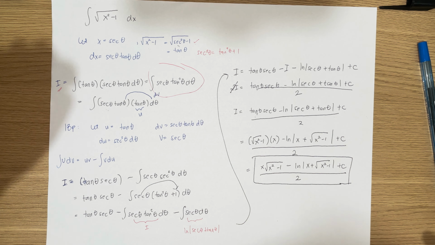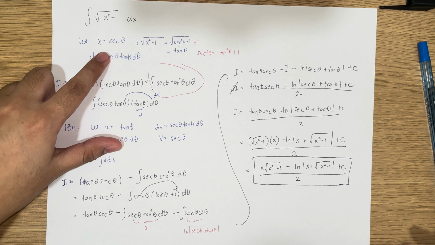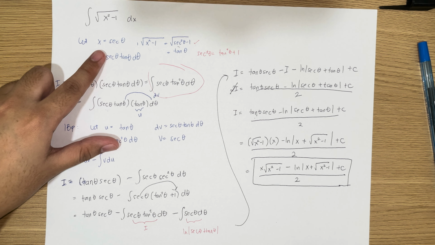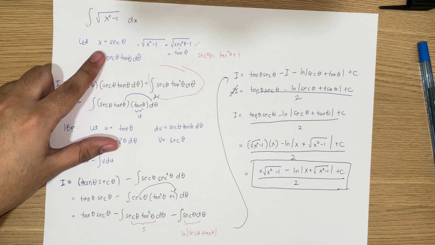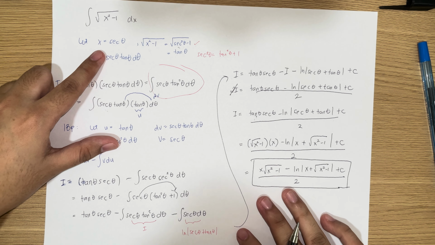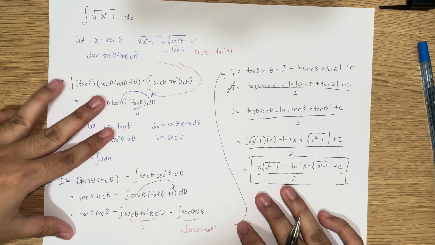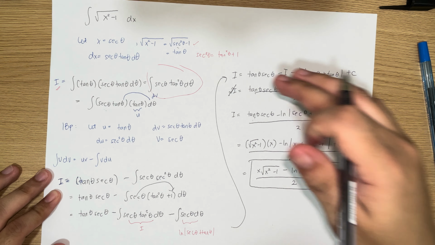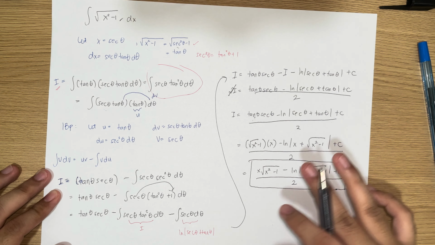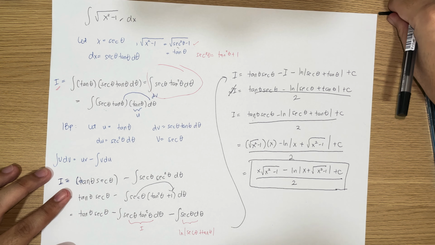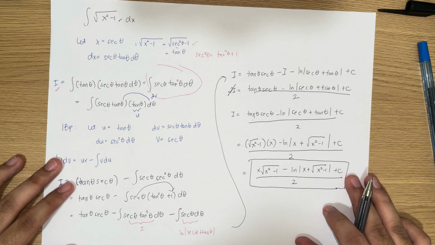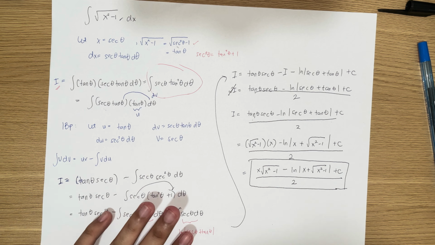Again, for this one, we make use of the trigonometric substitution x is equal to secant of theta. I hope that's clear. Now, personally, I prefer this method because I'm quite good already with trigonometric identities, so I'll do integrals like this using trigonometric substitution. But I understand that some people prefer hyperbolic substitution, so I'll show you how to do it using that method as well.